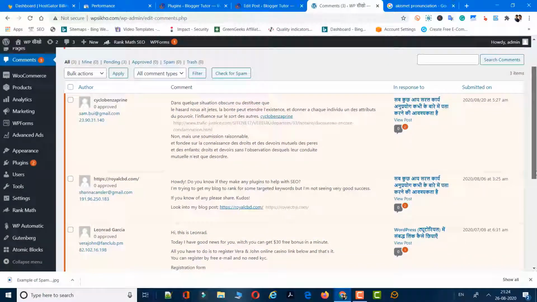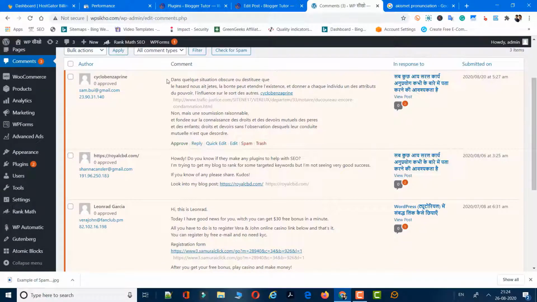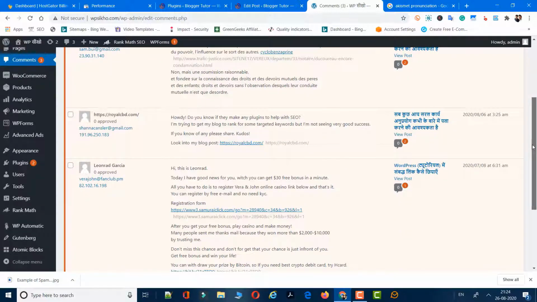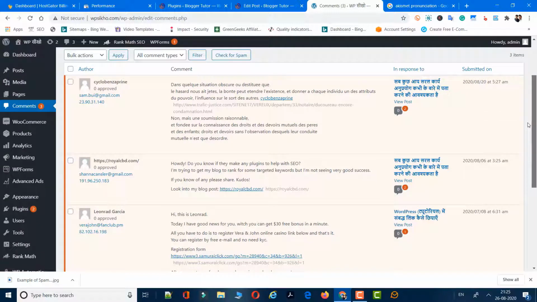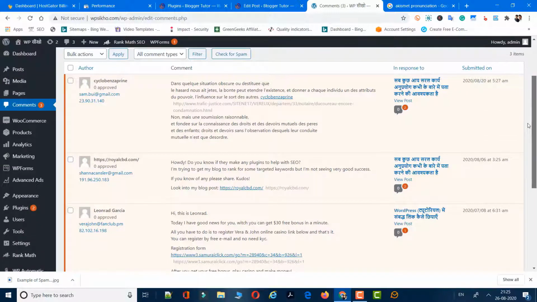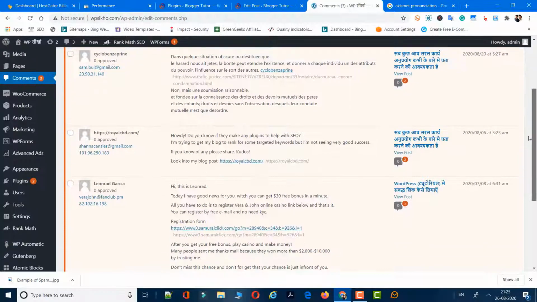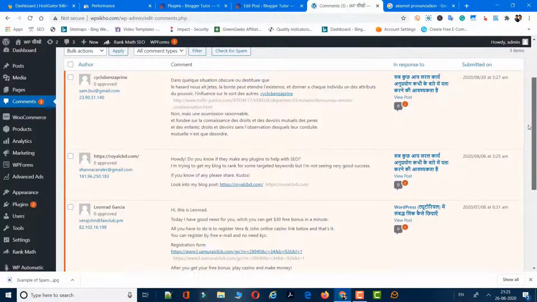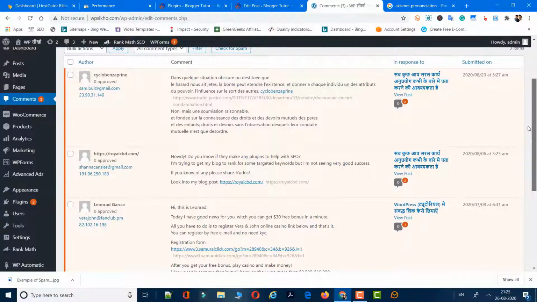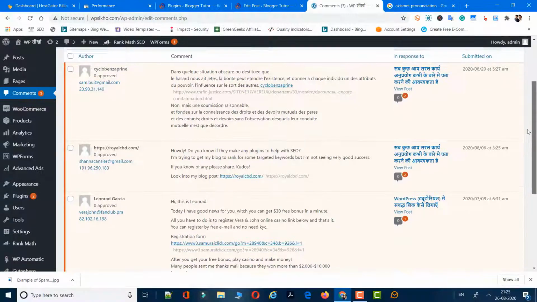Here, look at these three comments. My site is a Hindi site, but these comments are in I don't know which language. Comments like this are made by most of the spamming tools available in the market. You can use them as black hat SEO tools because they create backlinks on several sites to increase the DA and PA of websites. But these spamming things can make your site's DA and PA low because they increase your spam score, right?